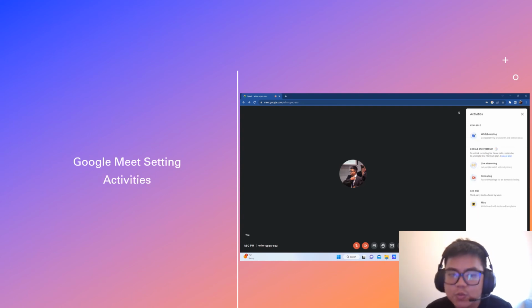Last but not least, we have Google Meet setting activities. Please be reminded that in the free service of Google Meet, you will not be able to record the session. You will only be able to use the whiteboard, but when it comes to setting up the recording, you will have to subscribe to the Google service, as mentioned